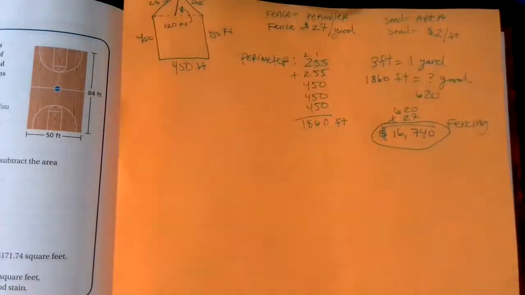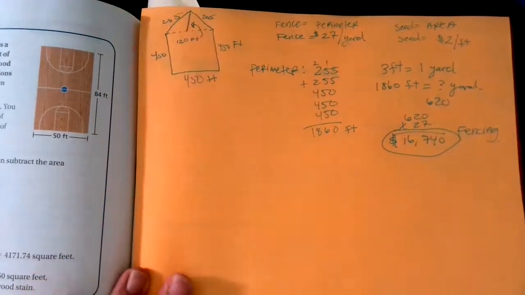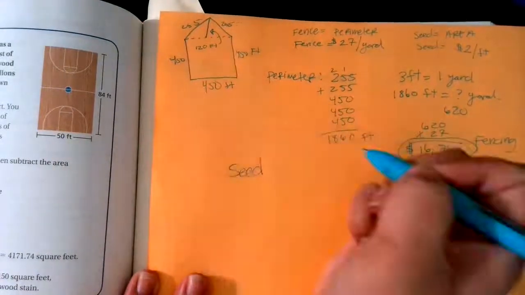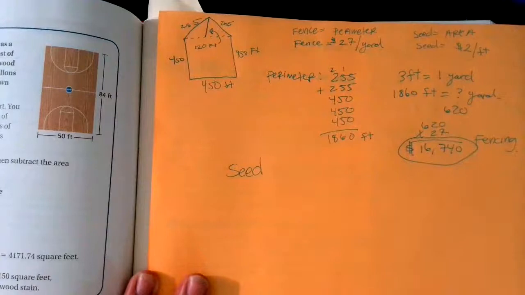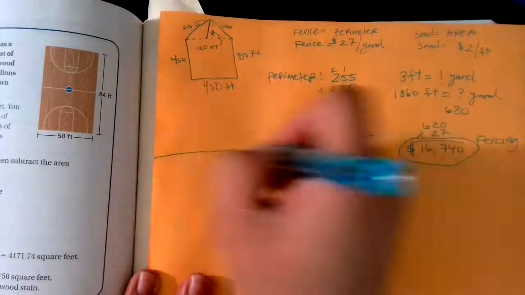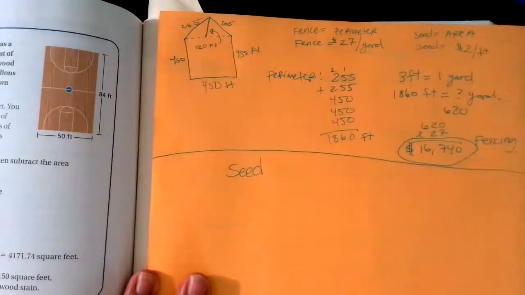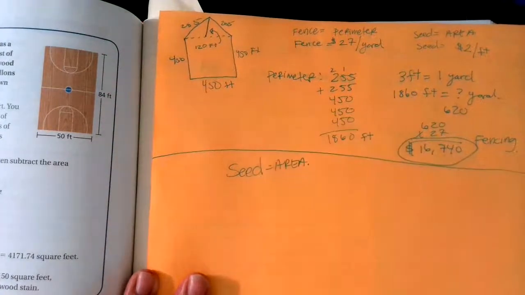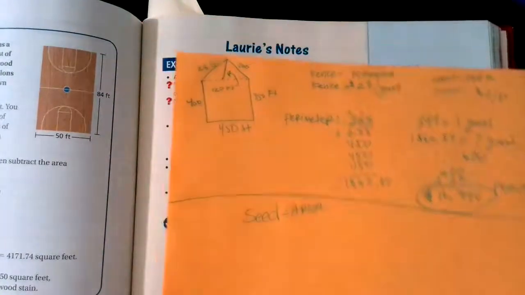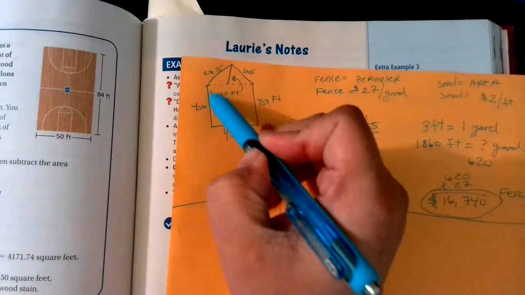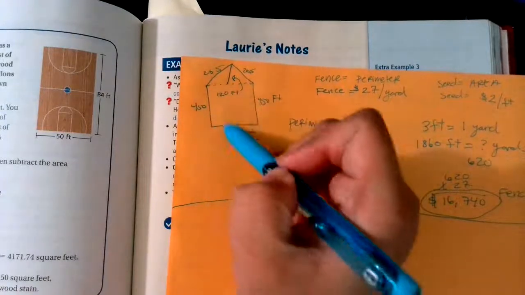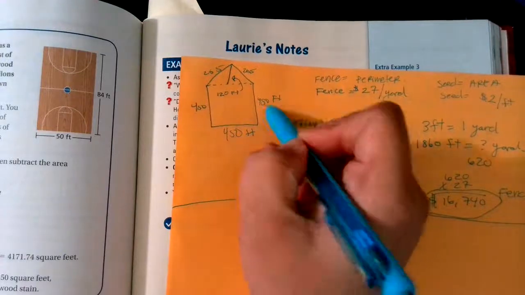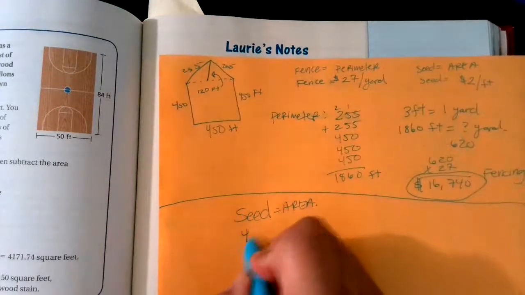So we have what fencing is. Let's figure out how much it's going to cost to seed this pasture. So to seed, let me just write this down. To seed, it is area. I'll just write that again for my reminder. So for our shape, it looks like it is a square base, and we can find the area of this square part real quick. Length times width, 450 times 450,